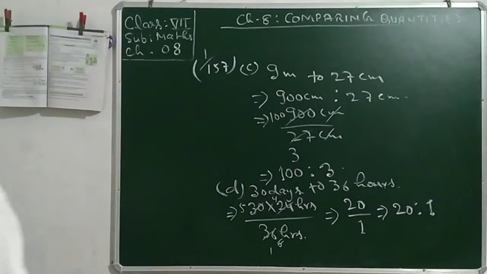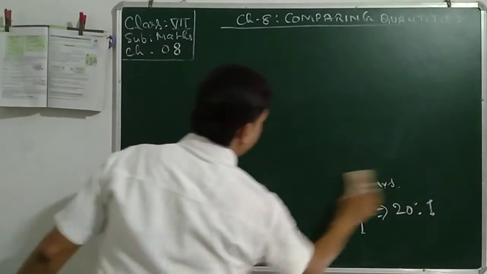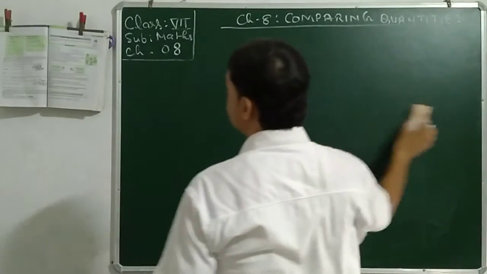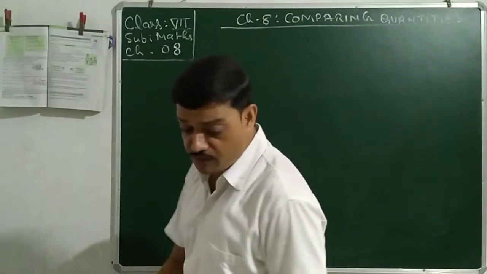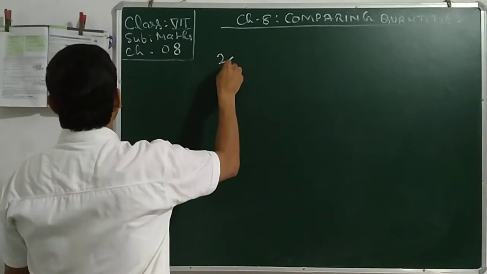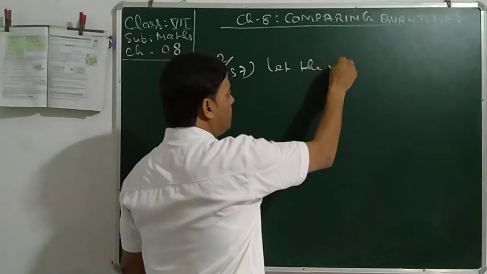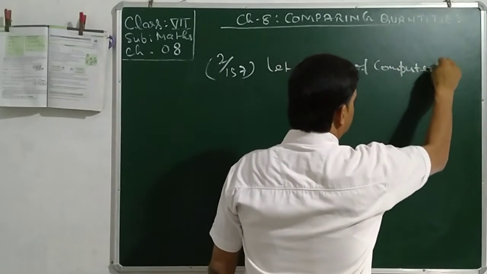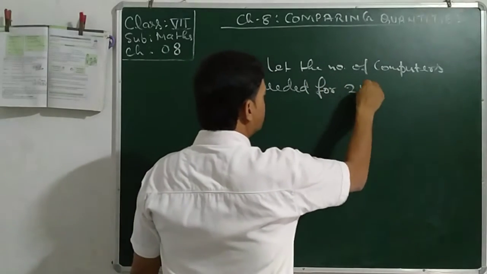Come to the 2 number sum now. See, in the 2 number sum, in a computer lab there are 3 computers for every 6 students. How many computers will be needed for 24 students? Let the number of computers needed for 24 students